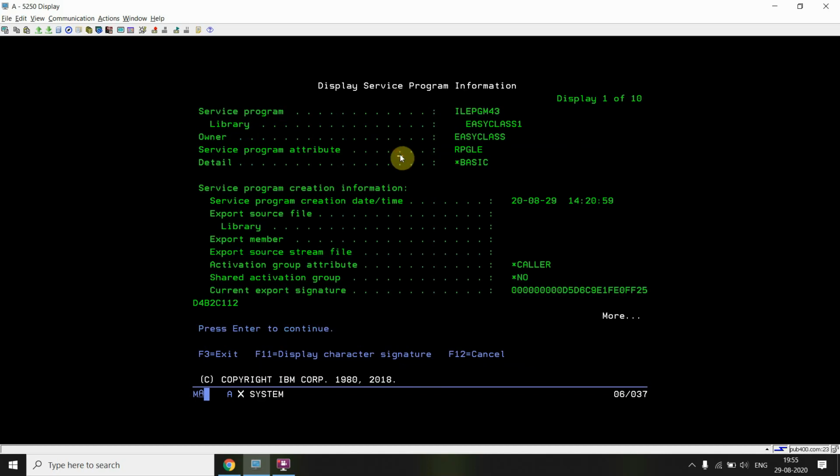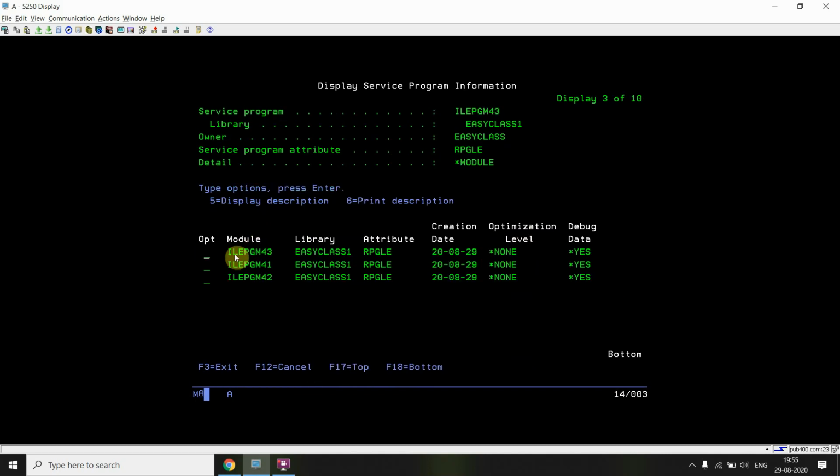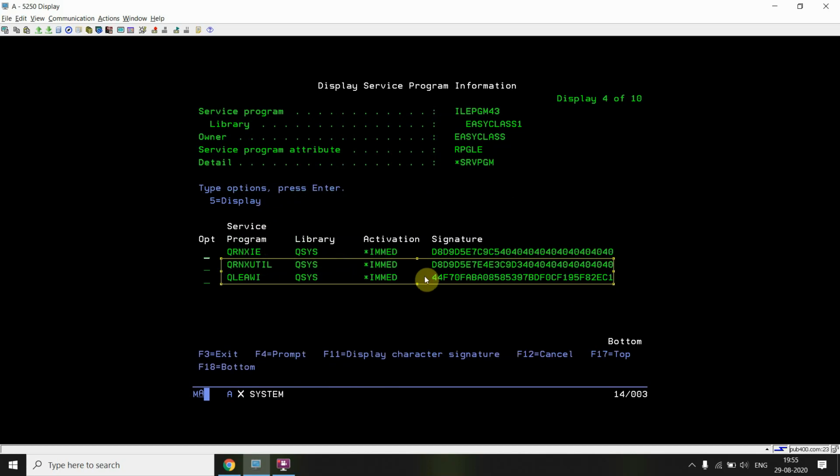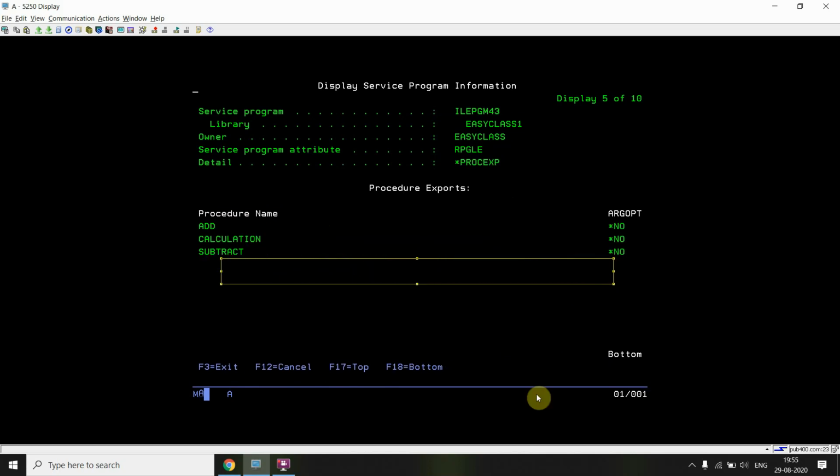Here you can see that the ILEPGM41 and 42 modules are now bound to this service program. So using the binding directory concept, you exported those add, subtract and calculation sub procedures here.